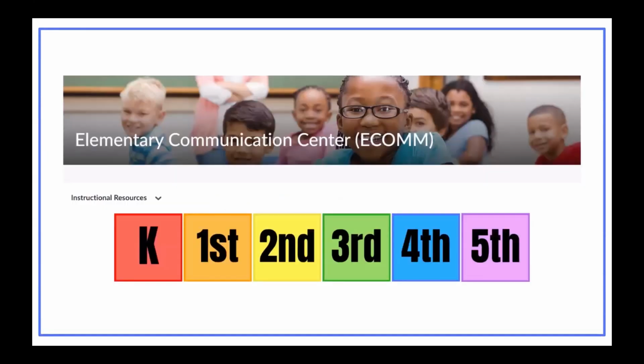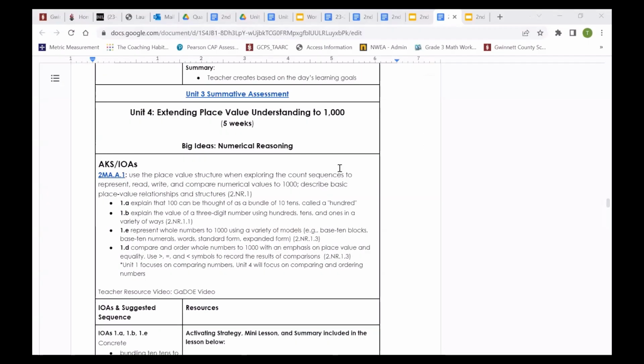Now, let's take a look at our suggested pacing for Unit 4. In this box, which names the unit, extending place value understanding to 1,000, you will see the suggested pacing. For Unit 4, we suggest 5 weeks. The big idea in this unit is numerical reasoning. This unit has been divided into 4 parts: place value, addition and subtraction through problem solving, counting and fluency, and